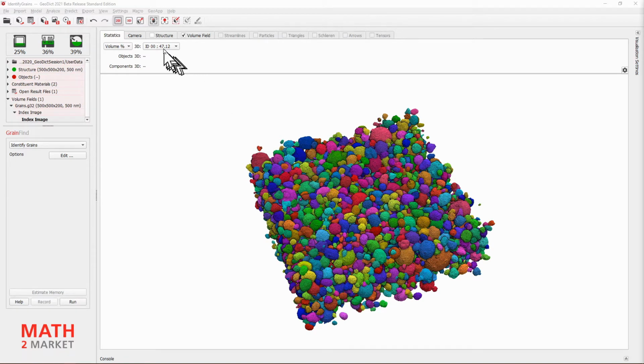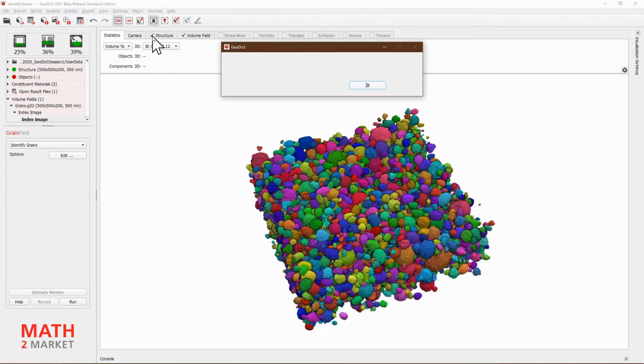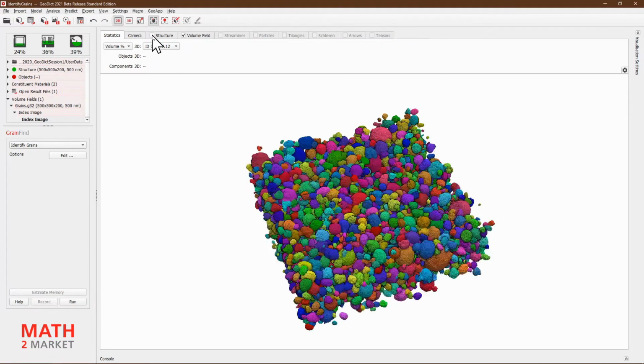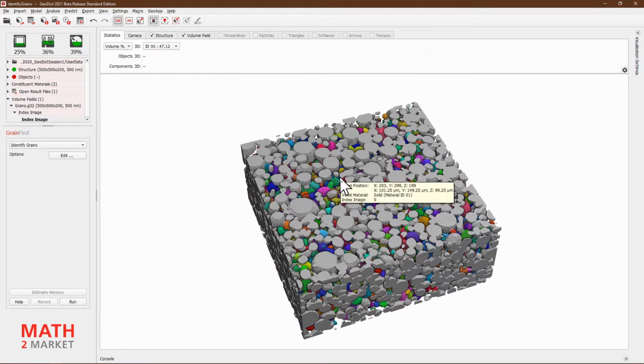The structure is also in memory, and I can switch it back on, and here we see the structure, and now the meaning of boundary grains becomes clear. All those gray grains that are intersecting the boundary have been detected and have been taken out of the statistics in this case. You can choose to leave them in as well, but here they were taken out. So I will remove the structure again and show you just the grains that actually went into the analysis. Those were about 35% of the volume, whereas the complete structure had about 52% of the volume.